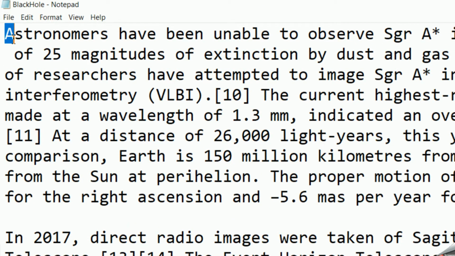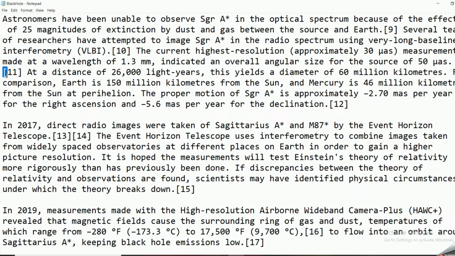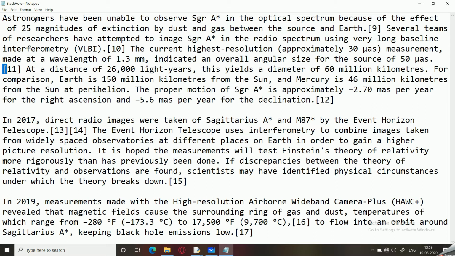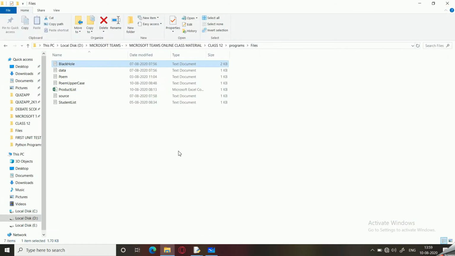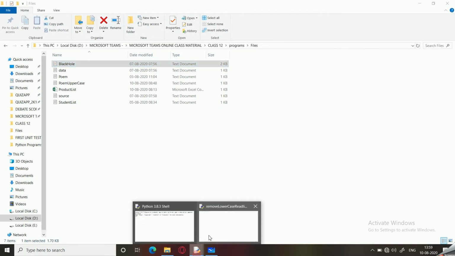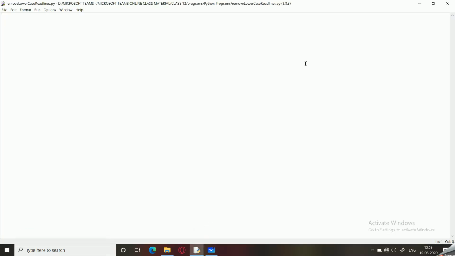As you can see, the first letter here is capital, in the second line the first letter is a space which is not a lowercase letter. This is lowercase, this is lowercase, this is lowercase, and this is again not any alphabet, rather this is a special character. So we are going to deal with all these things. All those lines which do not start with a lowercase letter but start with any other character will be written to a second file. So let's start.